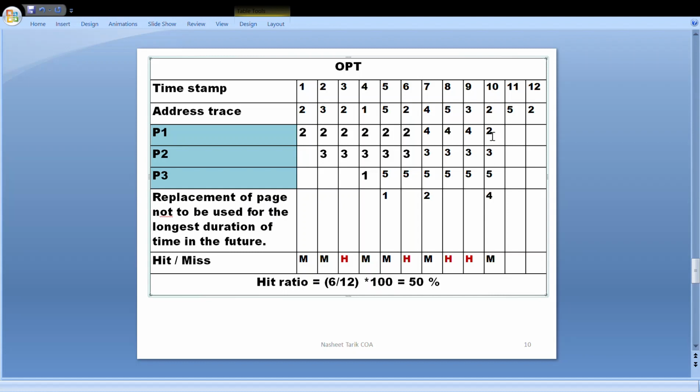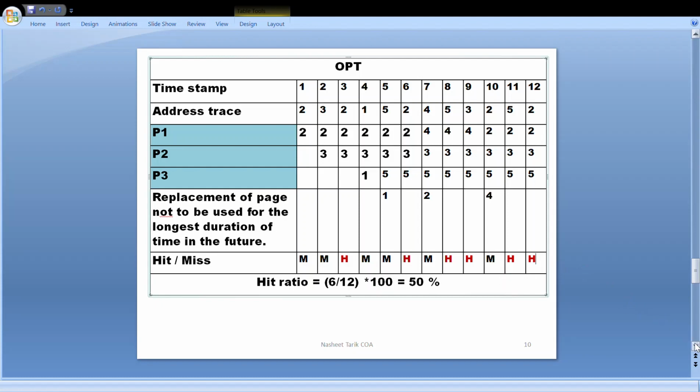Now in next cycle 5 is accessed, which is there in M1, so processor will access it directly. It is a hit. And 2 is also there in M1, so processor will access the location for page 2 directly from M1 and it is a hit. So hit is happening how many times? 6 times. So again the hit ratio is increased, that is 50%.